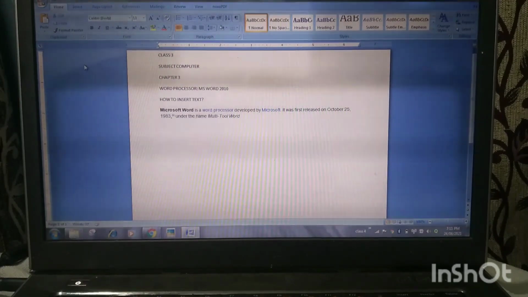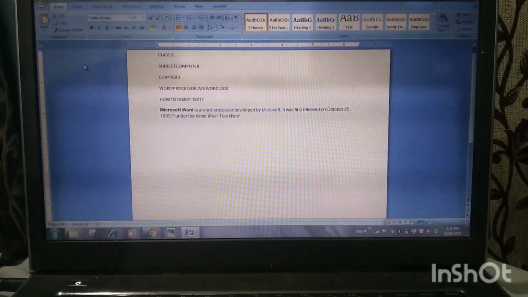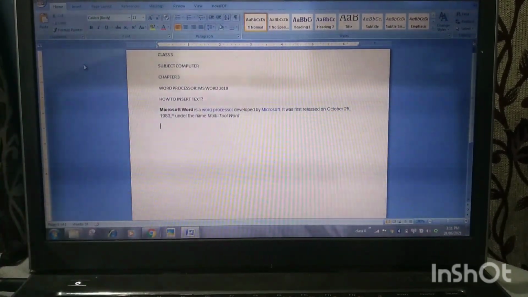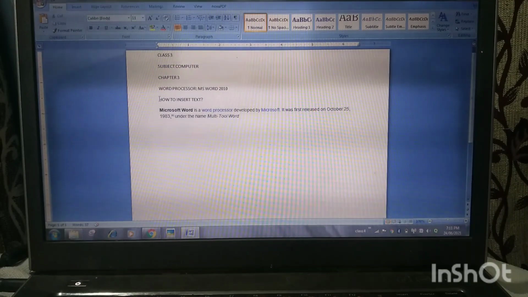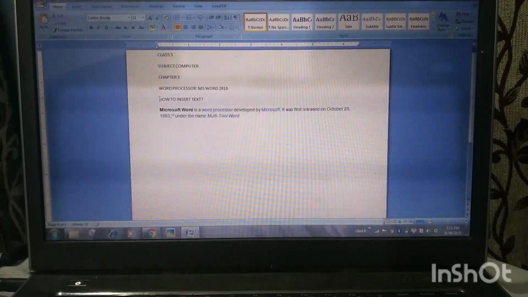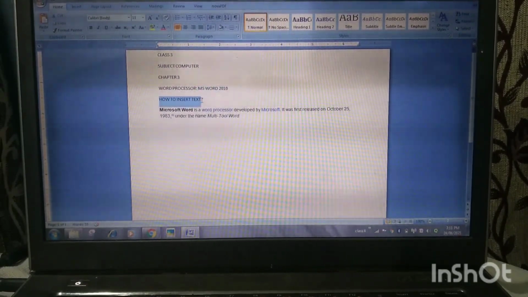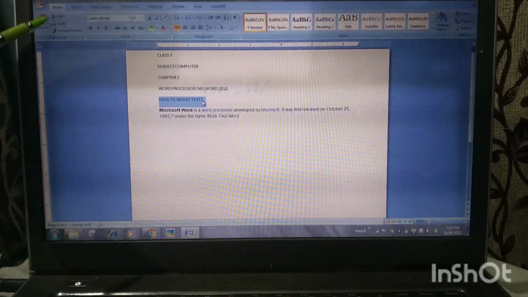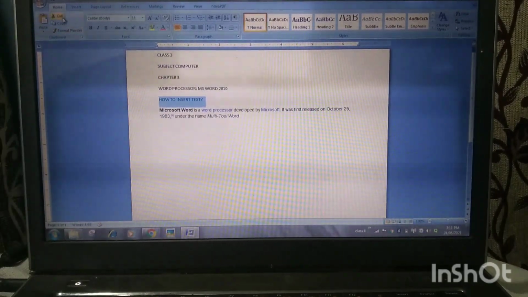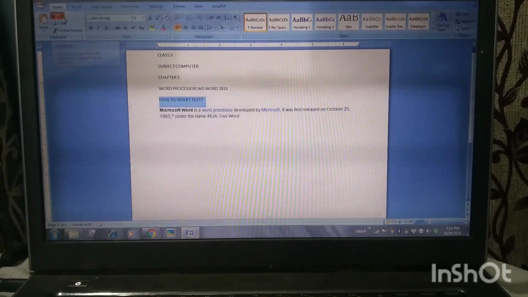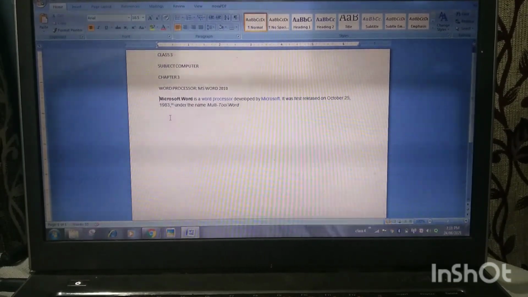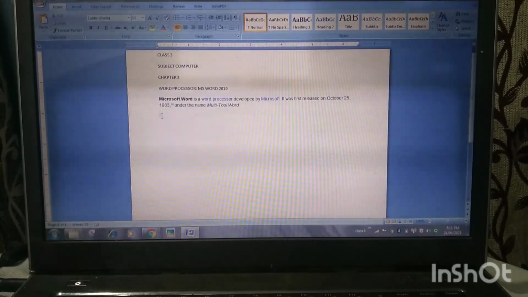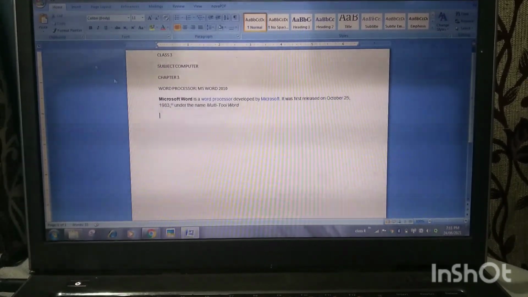To cut and paste, you need the home tab again. First of all, just select the text that you want to cut. Here, suppose I am selecting this, how to insert text. Okay, I have selected this text. Next, again you are in the home tab, you are able to see the cut option, this one, this scissor-like icon. Click on it. Okay, now if I want to paste the text here, then again click on this paste option of the home tab. See.